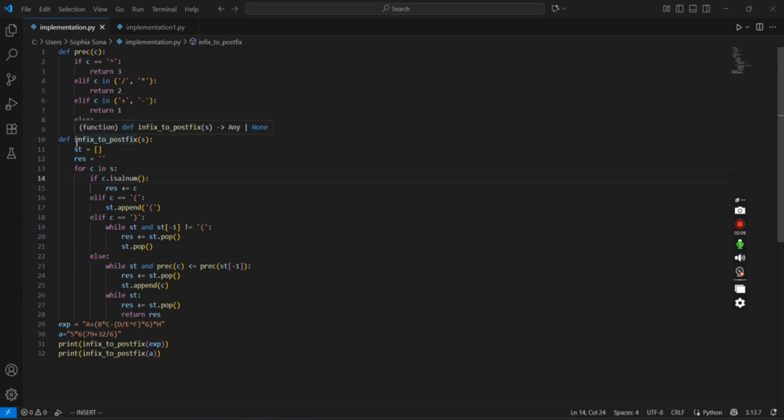And we are coming to the main function, infix to postfix, and here we are getting the input from the user. At first, we are initializing a list st as empty and a variable with an empty string. So by iterating through the input, we are checking if the elements are alphabets or numbers. If it is an alphabet or a number, we are adding that to the variable called res, which is going